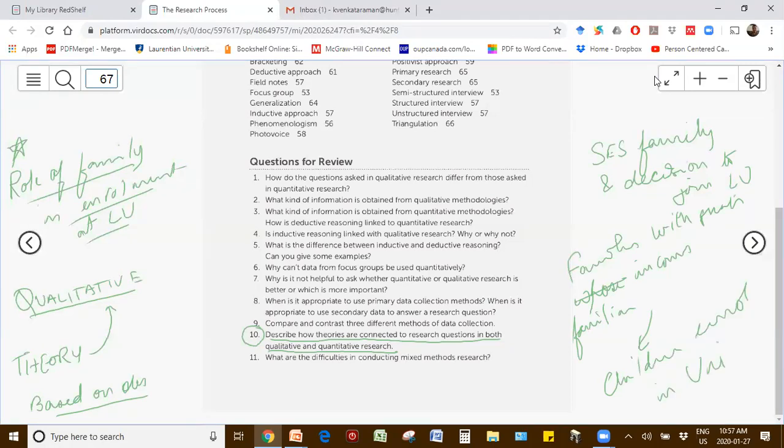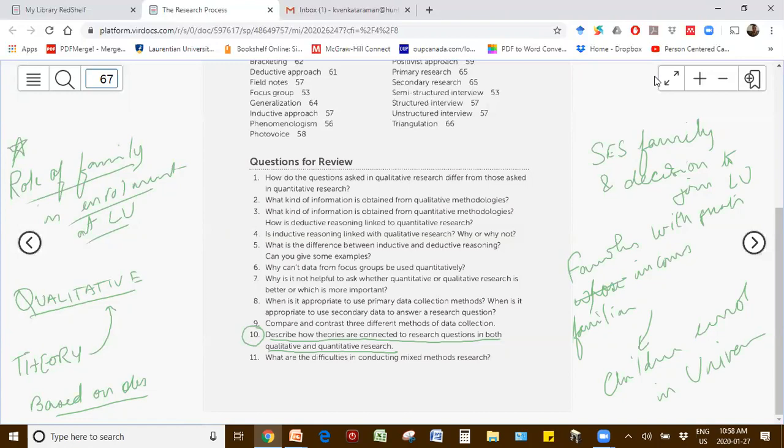So if that's your hypothesis, or your theory, that families with a greater income base are able to send their children to university, and then you collect your data, essentially your data would reflect your hypothesis, or maybe if you're completely incorrect, it would disprove your hypothesis, which are both fine in quantitative research.